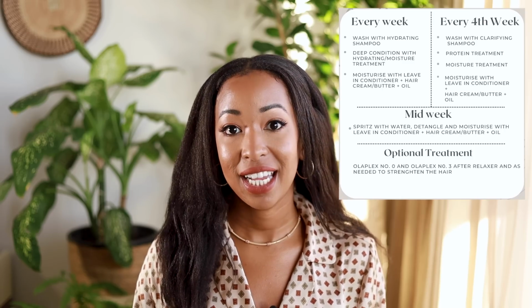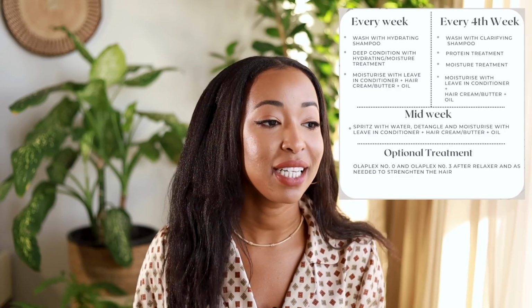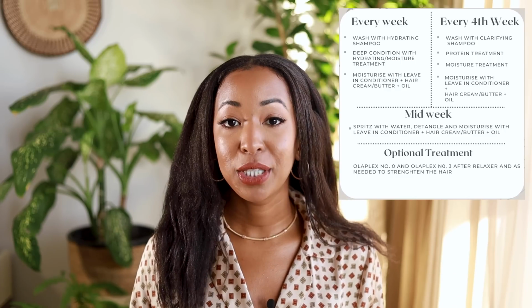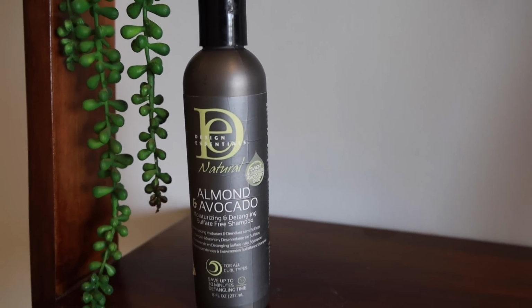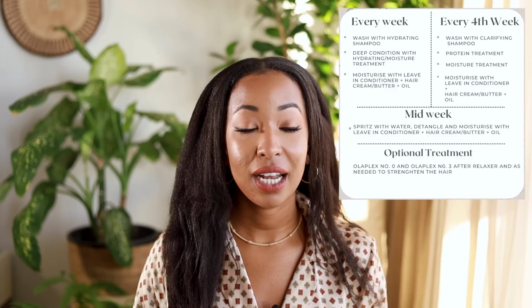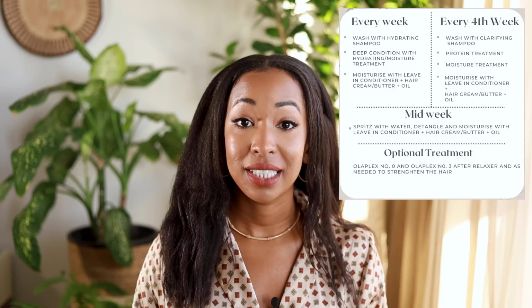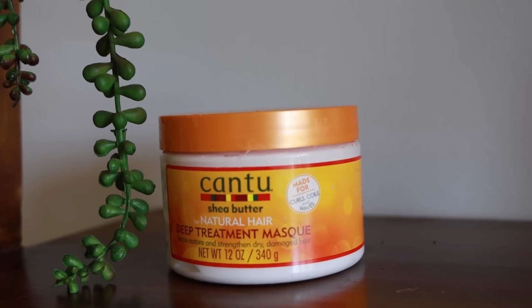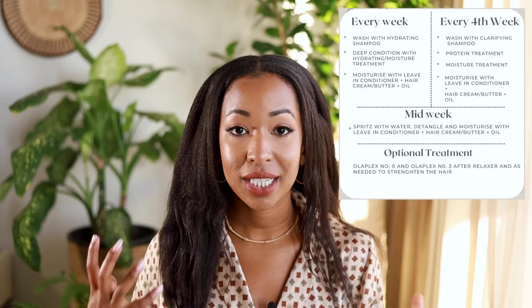Every week, at the end of the week, either Saturday, Sunday, or sometimes Monday, if my weekend was busy, I will wash my hair. I will use most of the time a hydrating shampoo, not a clarifying shampoo, 3 times in a month, and a clarifying shampoo 1 time in a month. Every end of the week, I'll wash my hair, and then I'll deep condition, and then I will get a steaming cap, and I will go under the steaming cap for 30 minutes to help the product penetrate the